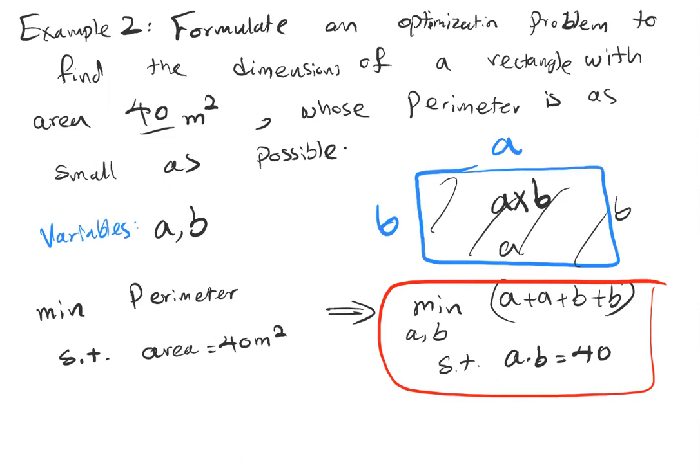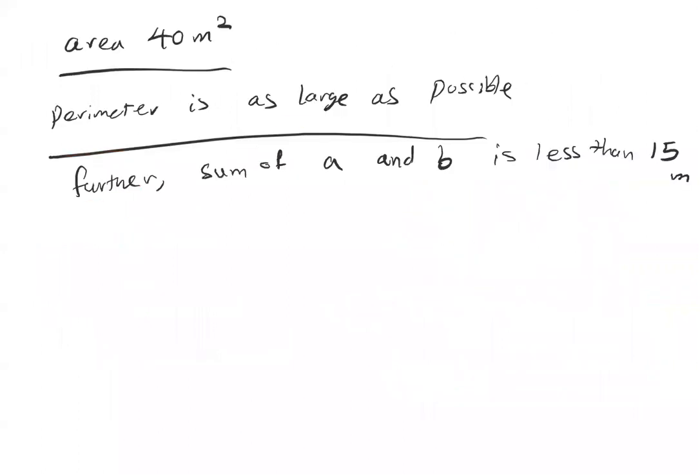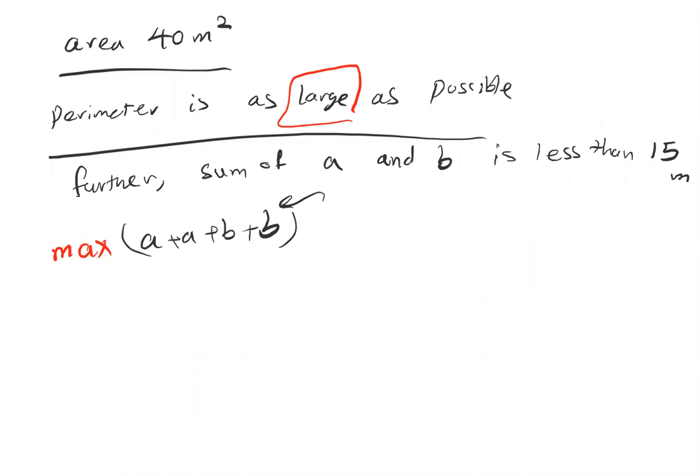we wanted to find the minimum perimeter. But in this example, we want it as large as possible. So we are going to have a maximization problem. So maximizing A plus B plus B, this is the perimeter of your rectangle because you have A, B. Your variables are A and B, subject to